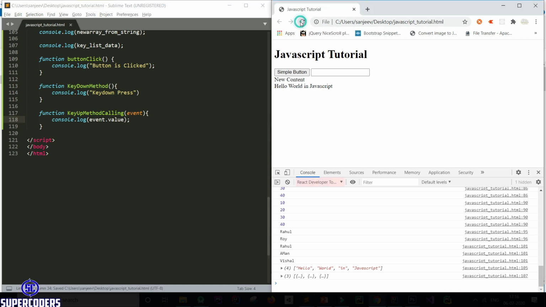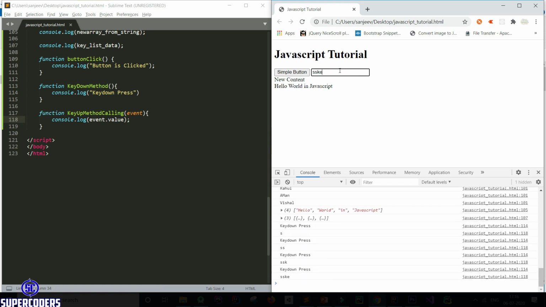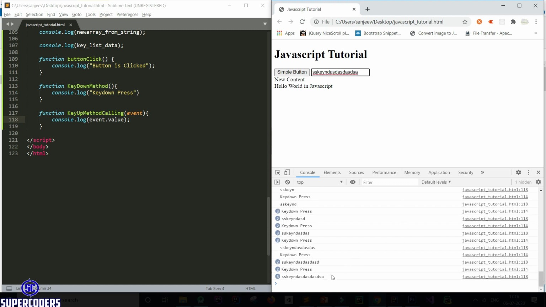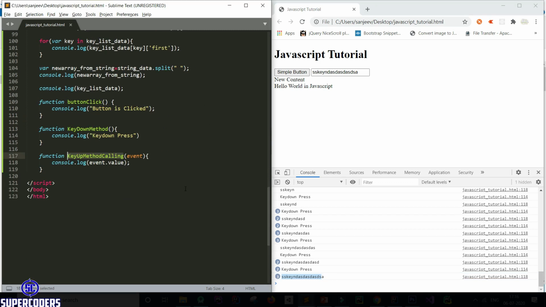Now let's run the program. If I type something, you can see the value is showing. It's printing now on the key up event. So this is an example of a simple key up event with printing the current value of input.